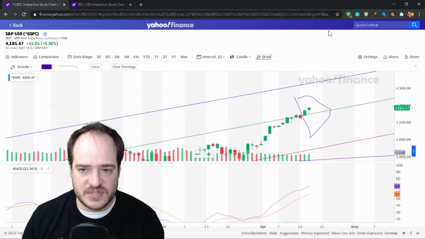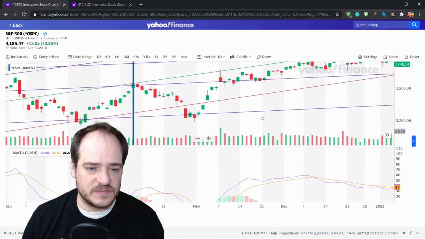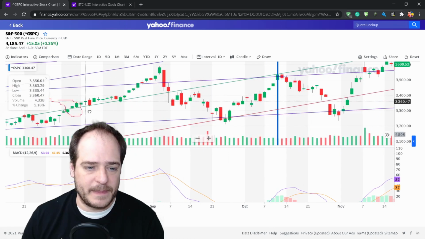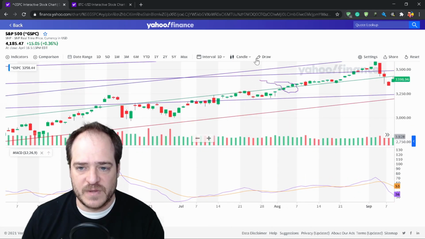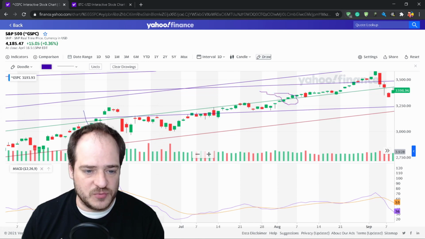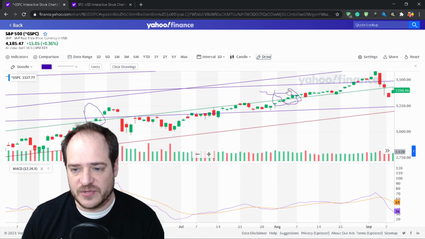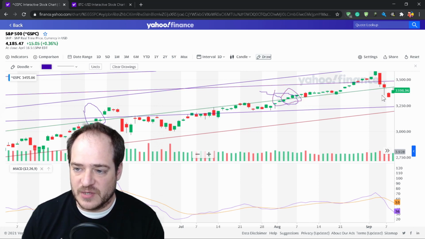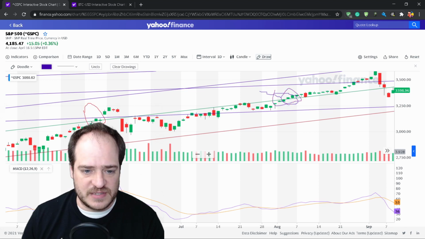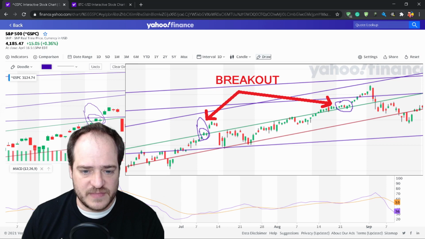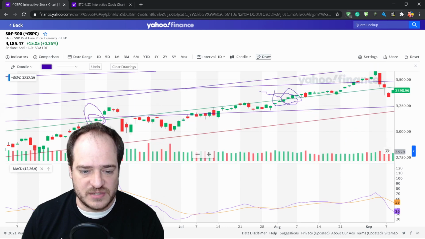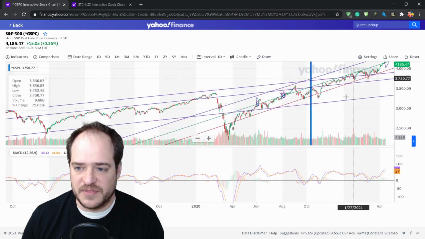Let me increase the size. As you can see, we have here two breakouts, one breakout around here, another breakout around here. This was stable for a bit and then had the increase and then went down and reached exactly the same support around the 3.3. And here we had exactly the same thing. We had the breakouts and we went down much lower than the support before. And this could happen exactly the same for this week.